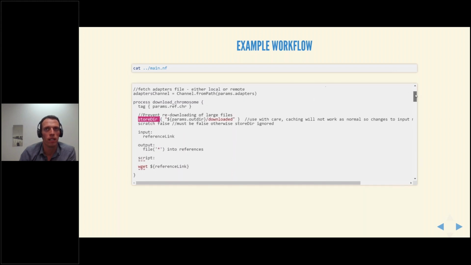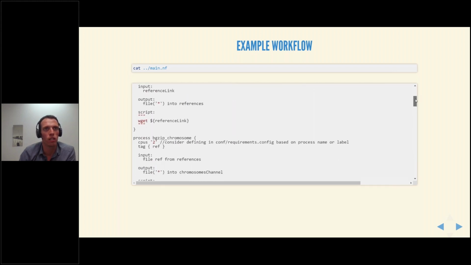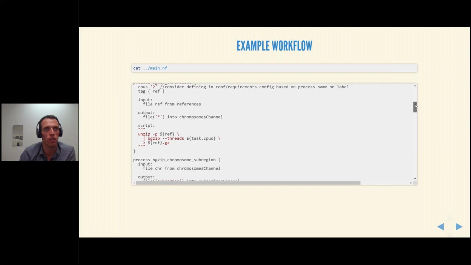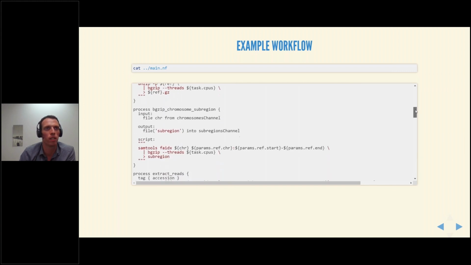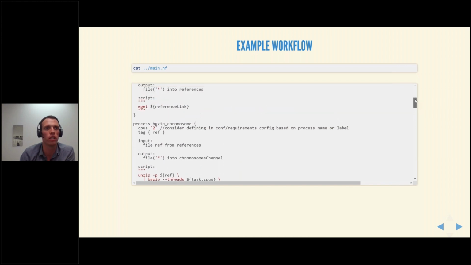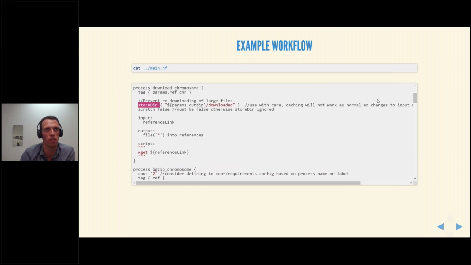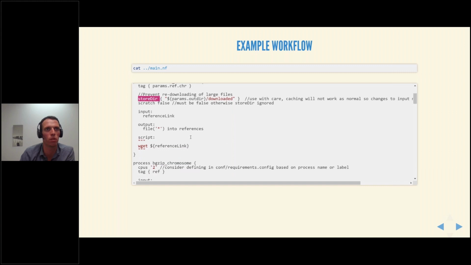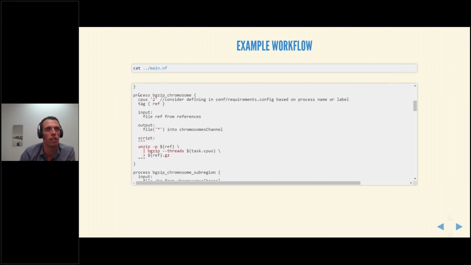So I guess in your own time you can go through the details of the individual processes that we have here. But I think the common themes that you will see everywhere, you will have these main sections for each process. You have the place to set the directives.